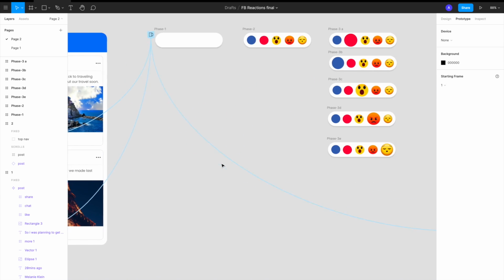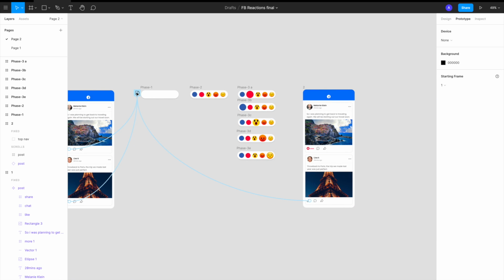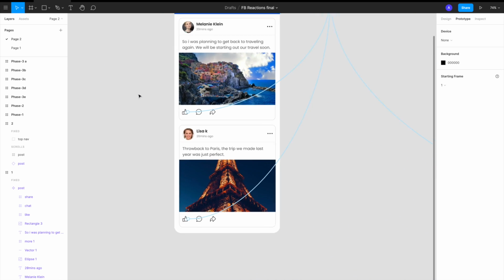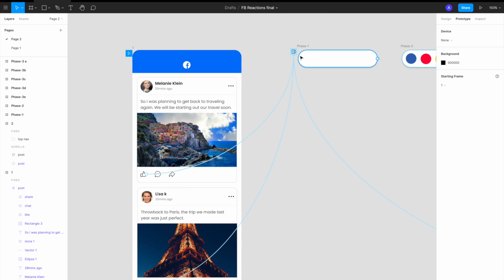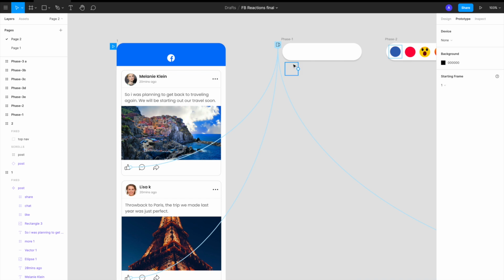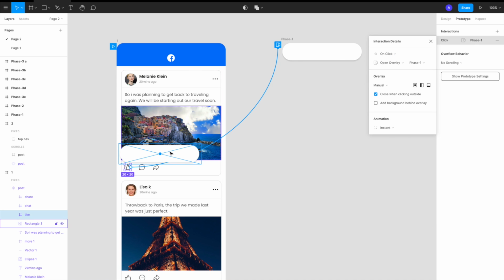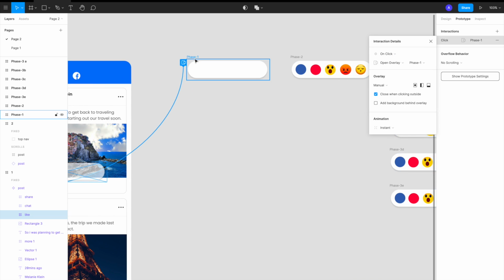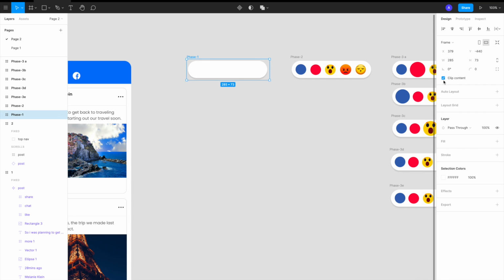See, even this was an instance, so even this is showing the same interaction. I just linked it once, but it appears on all the things. So that's the main benefit of creating a component. You don't have to repeat the interaction if it's the same. Okay, perfect. So now we have linked this to this, and it will appear like an overlay, like here. Now what we want is, once it appears, these should fly in. Now if you remember here, these are also available. Since they are available at different stages, it will appear at different times.